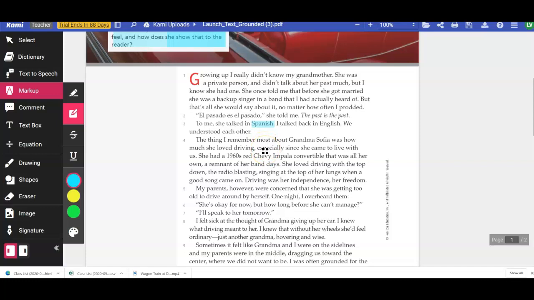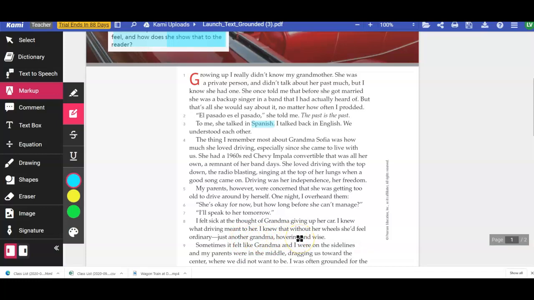My parents, however, were concerned that she was getting too old to drive around by herself. One night, I overheard them. She's okay for now, but how long before she can't manage? I'll speak to her tomorrow. I felt sick at the thought of Grandma giving up her car. I knew what driving meant to her. I knew that without her wheels, she'd feel ordinary. Just another grandma, hovering and wise.